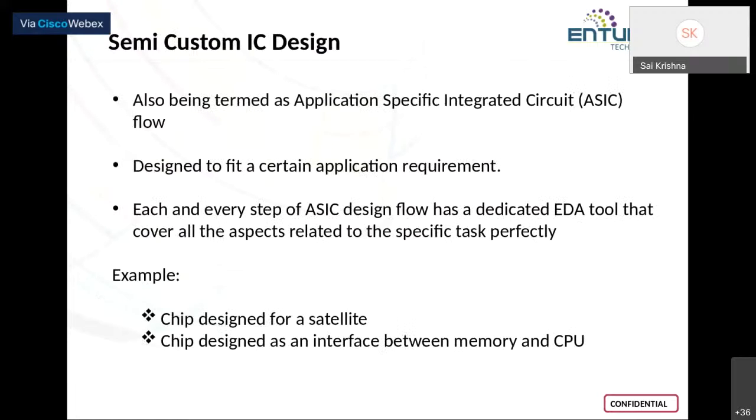As the name itself indicates, application-specific IC design is something where you build chips for a particular purpose. As Naveen sir showed in your full custom IC design flow, you verify STA, deal with the physical aspects in the layout, and then send it for fabrication in the form of GDSII. Here in a semi-custom flow, we are not going to deal with circuits. First of all, why do you need a semi-custom or ASIC design flow? Why are we not dealing with the circuits? What is the importance of custom IC design flow in the industry? To talk about these,